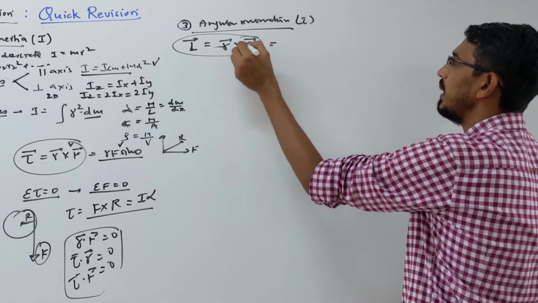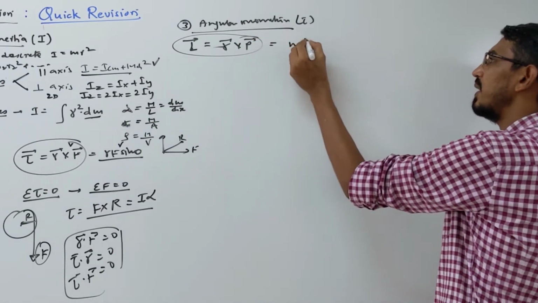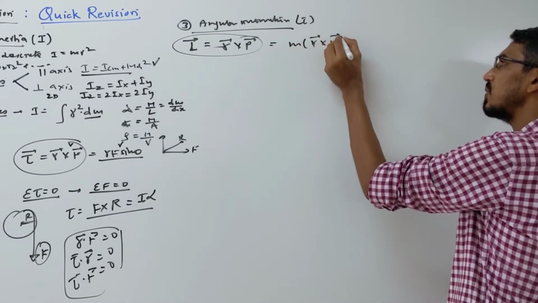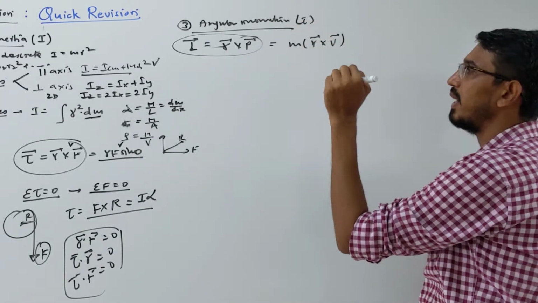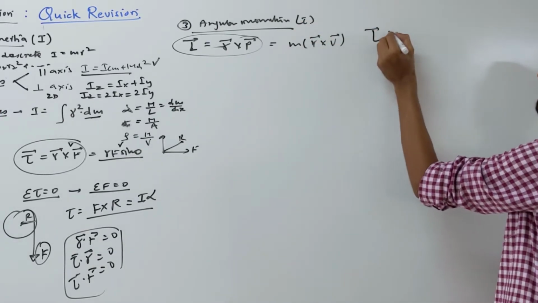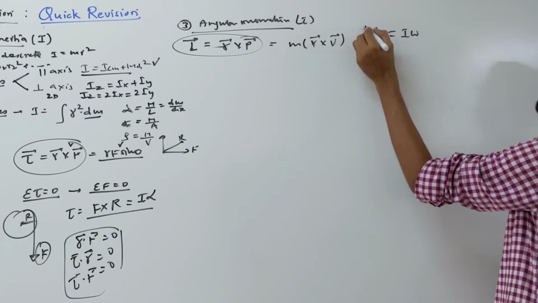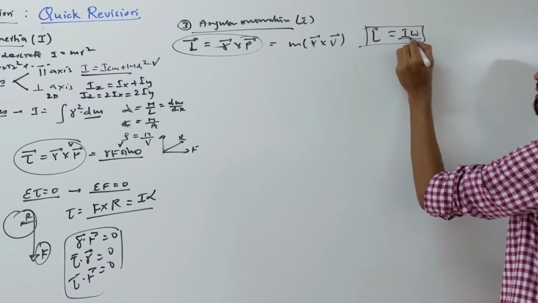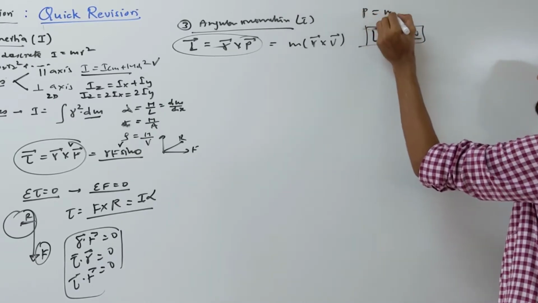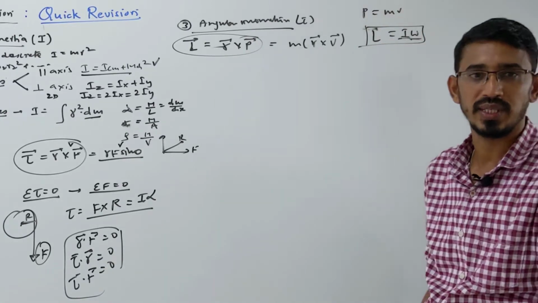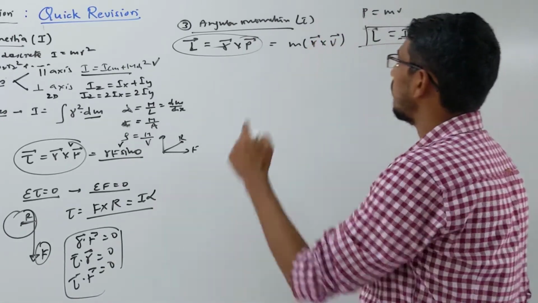This you can write in terms of P, also you can write M into V. This formula you can also write as R cross M V. Then the same formula you can write in rotation form also: that L vector is also equal to I into omega. This is in terms of angular quantities, inertia into angular velocity. Like linear, P is equal to mv, same way you can write here also. The main principle here is